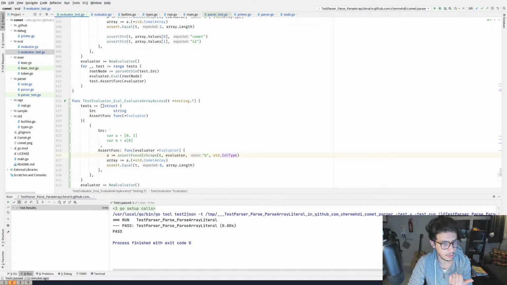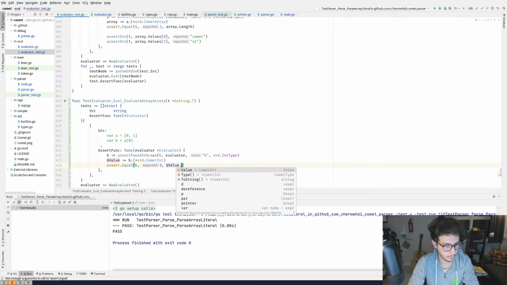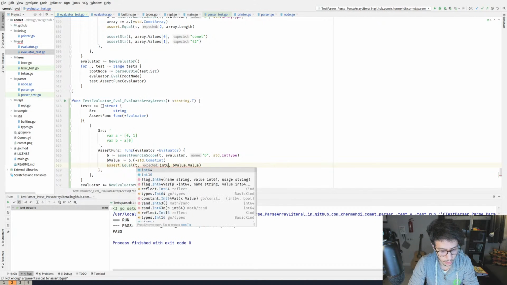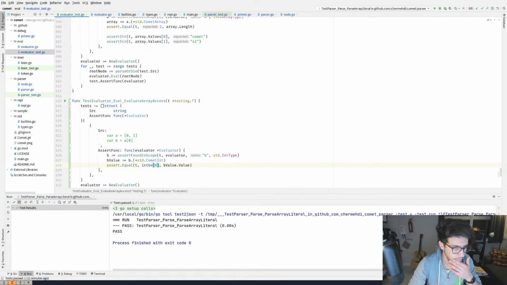I want to make sure that b is an int, b value, int type, and b value dot value. And this should be an int 64 0. Right.